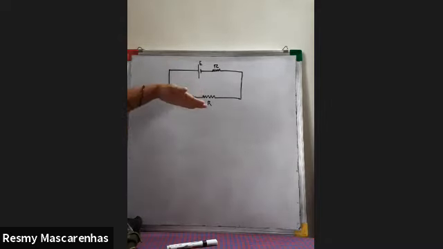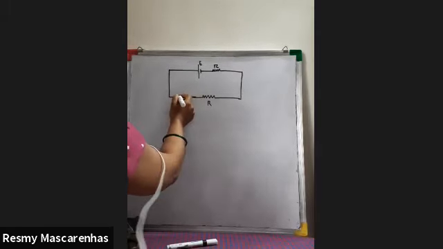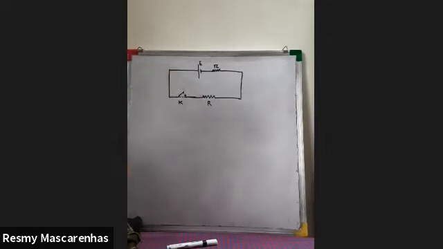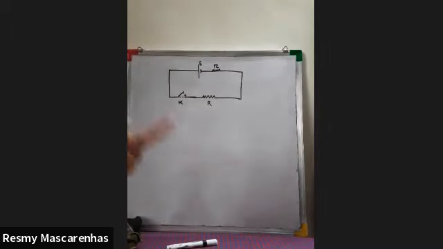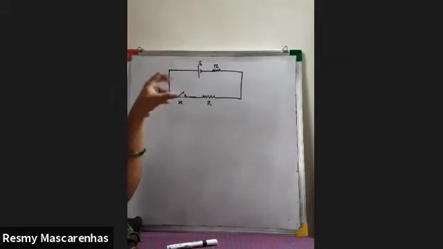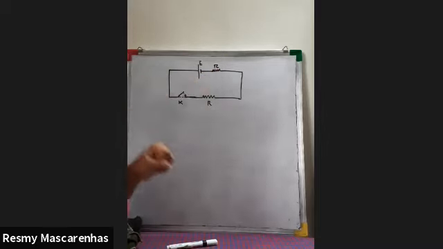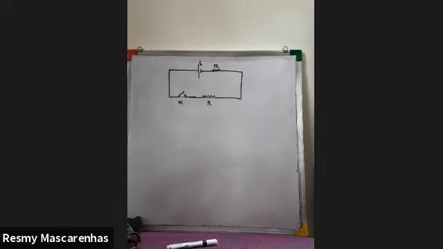Now what will happen when the key is closed? Key is closed means you will connect this. Key is closed, like this. Closing means current will start flowing. When current starts flowing, what happens? The resistance will keep some voltage of that battery for itself, the internal resistance. It will keep some voltage from that battery to itself and it will give the remaining amount of the voltage to this particular circuit. So write down, when the key is pressed,